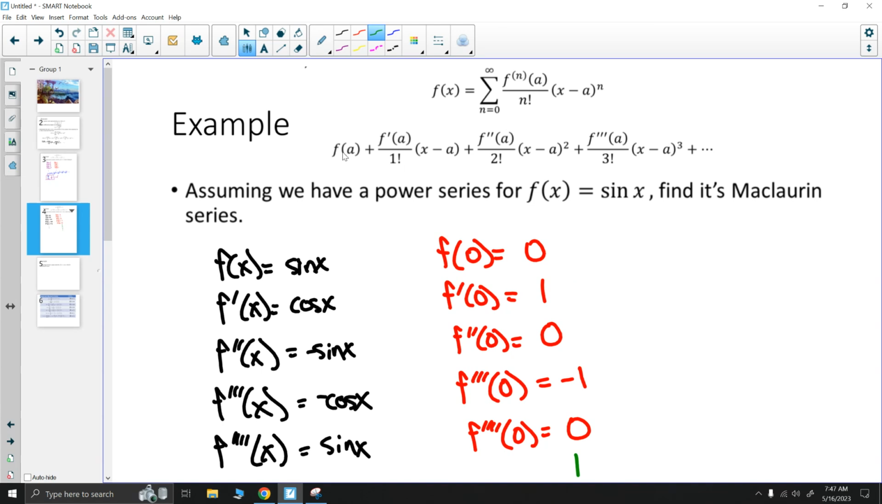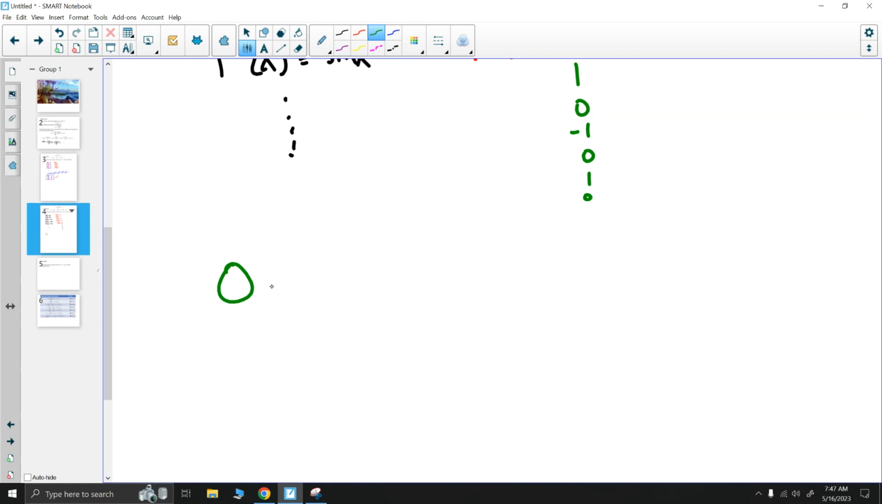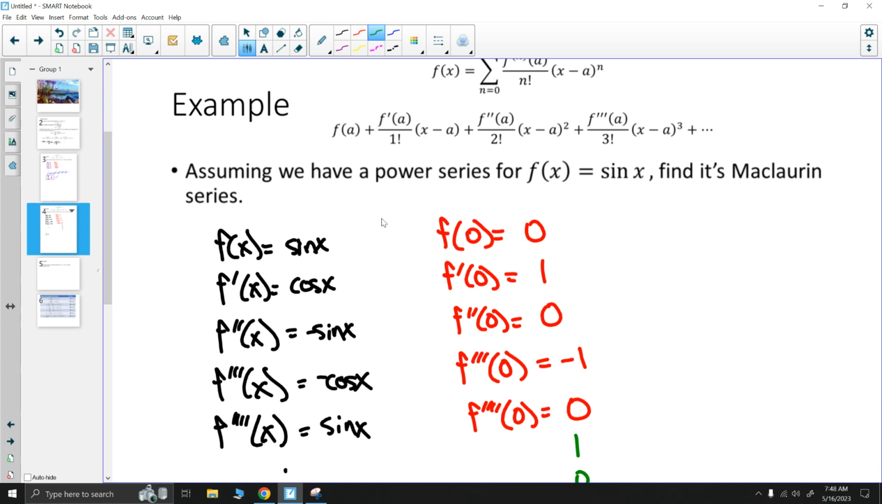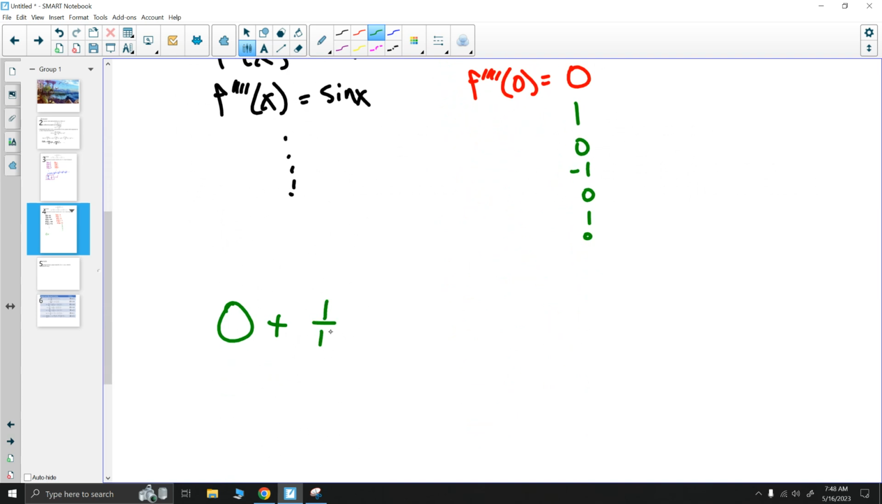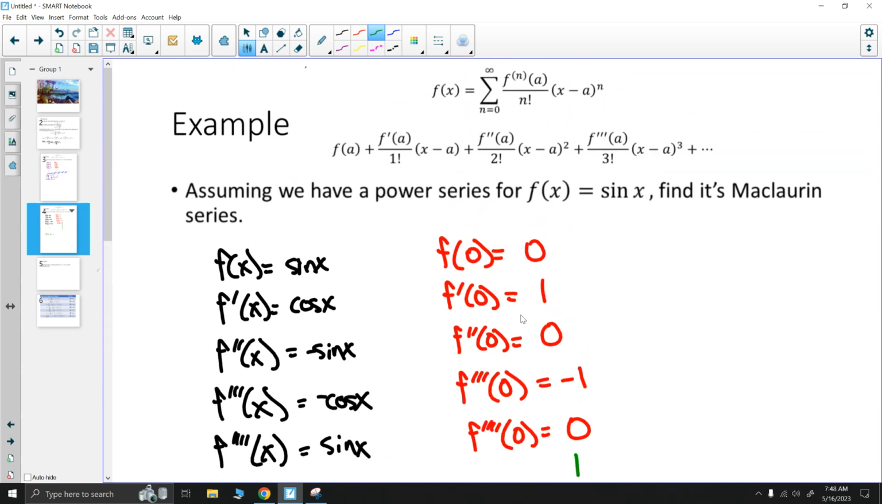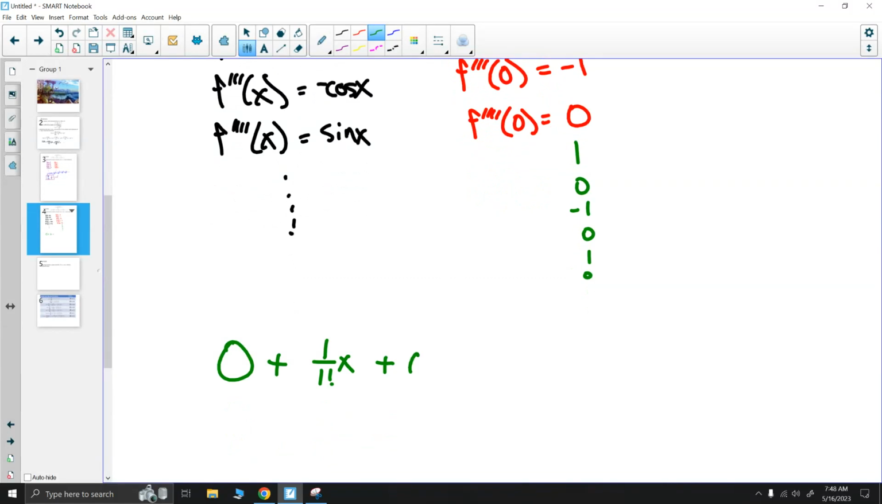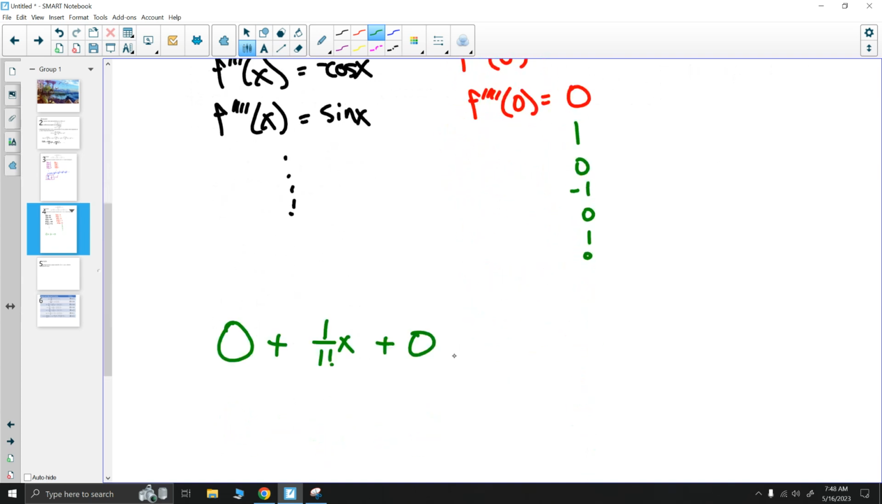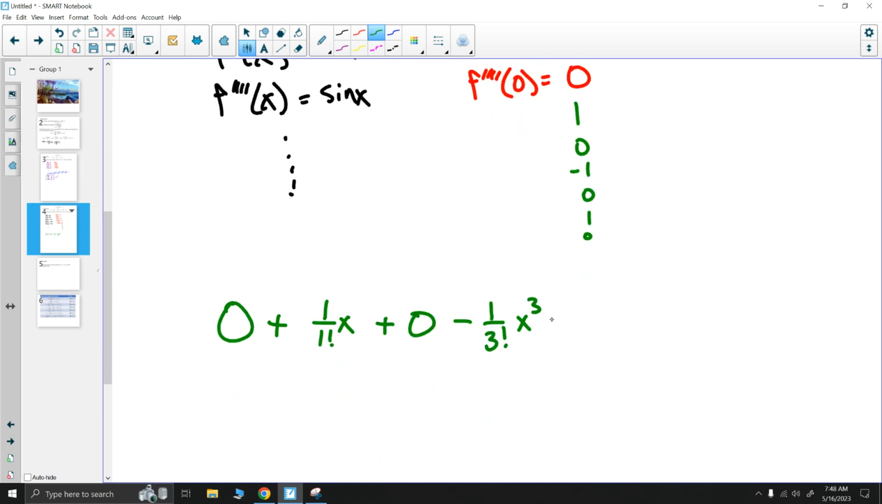So f of 0 is 0, so our first term is actually 0. Plus, so really we'd shift over and avoid that one. F prime of 0, which is 1 over 1 factorial times x. So 1 over 1 factorial x. Plus, now the next one is the second derivative. Second derivative is 0, so it's just going to be 0. Now, the next one here is the third derivative. The third derivative is negative 1 over 3 factorial. So minus 1 over 3 factorial, x to the third. And then we go back to our zeros. So then it would be like plus 0